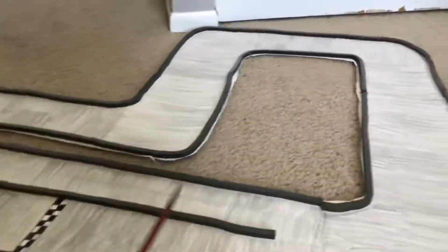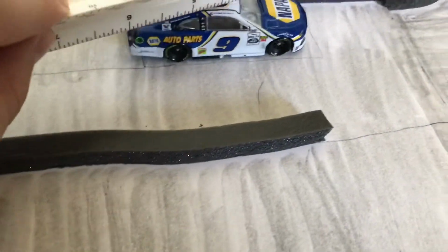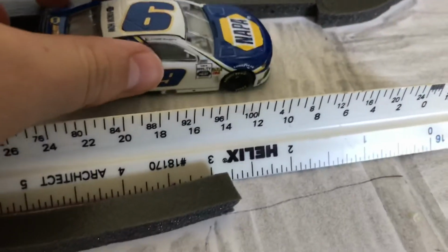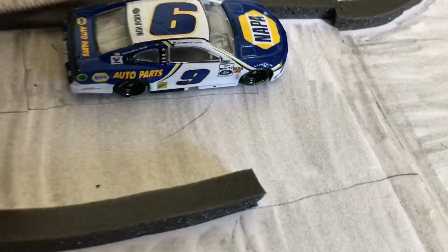Hope you guys are hanging in there. So I ended up finishing the whole entire track, coloring it. Got my start finish line. So what you do is I like to line up the cars like that in their own little box. Well, I don't have the boxes there yet. I try to put a car in there, and then I just line up. It's really hard to explain, but